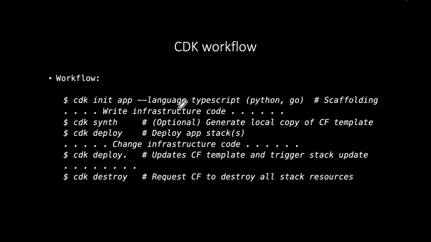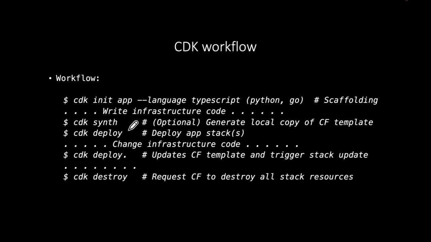So we make changes to particular files that were created in the template project, in the skeleton project that was created from the first command. We write our infrastructure code in TypeScript in our case. Now, this command is optional, but if you do type this command, and we type all these commands from the base folder of the application that we've created up here, the CDK synth command will generate, sorry, the CloudFormation template, and you can look at that on your local file system.